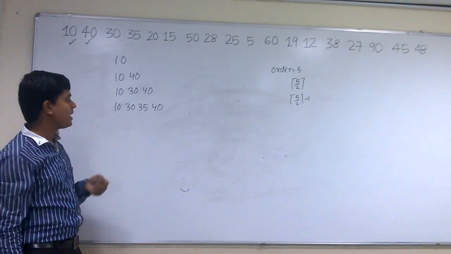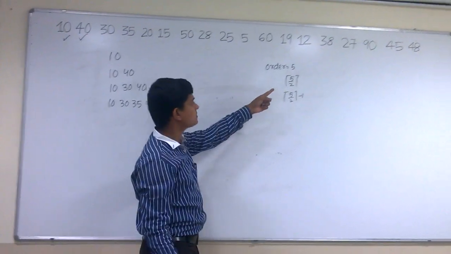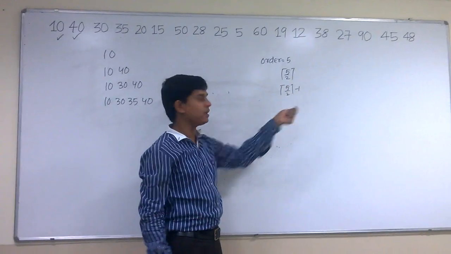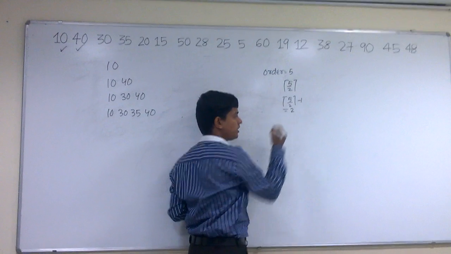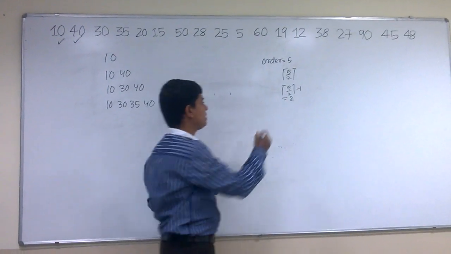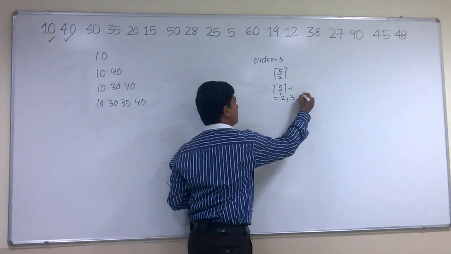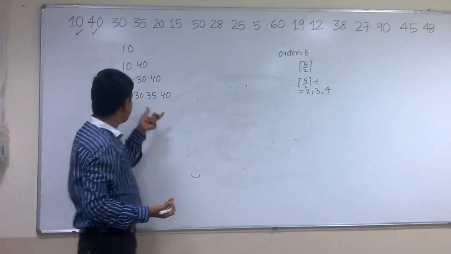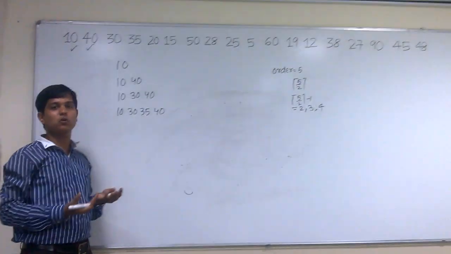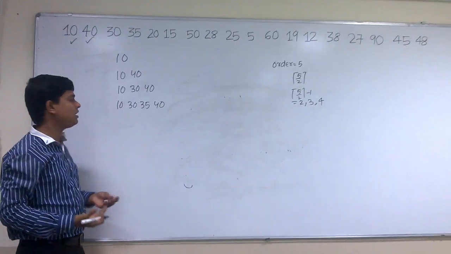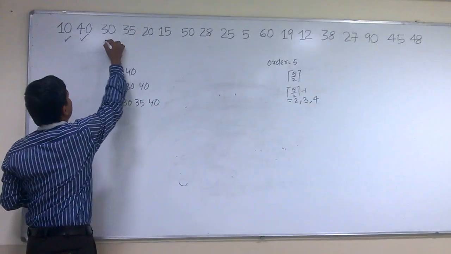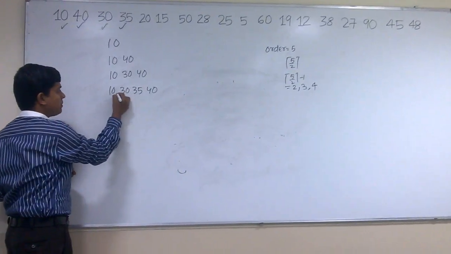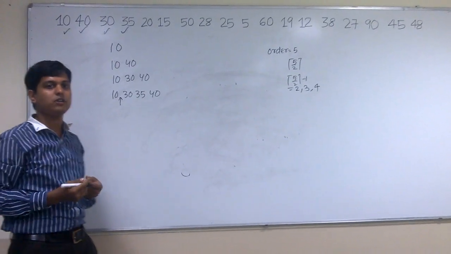As the order is 5, it contains at least 5 by 2 children and 5 by 2 minus 1 keys, that is 2 keys. It may contain 2 keys, or 3 keys, or 4 keys, because the maximum value is n minus 1. So now the root node contains 4 key values, so we cannot insert another element into the root node. The next element to be inserted is 20. If I insert 20 here, it will violate that rule. So I need to balance it.